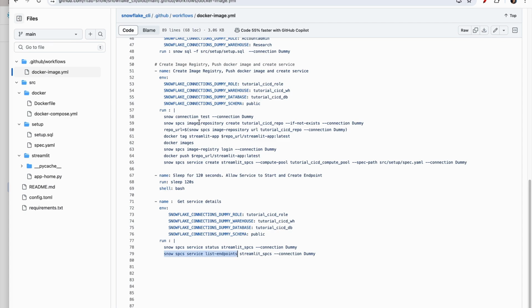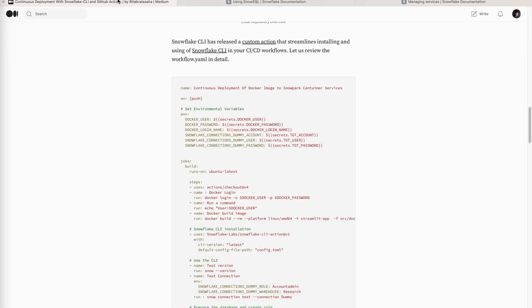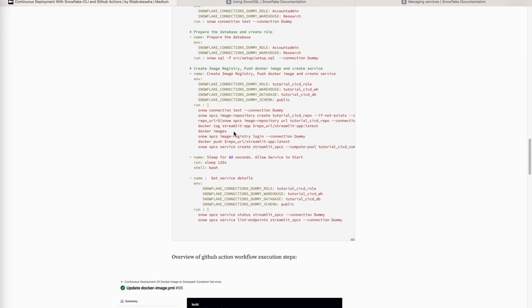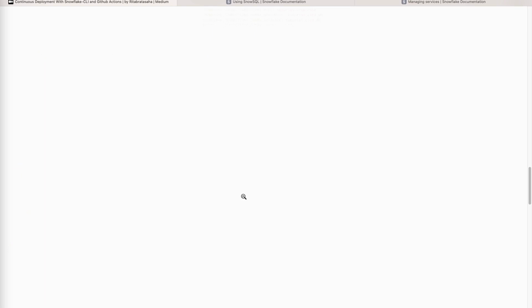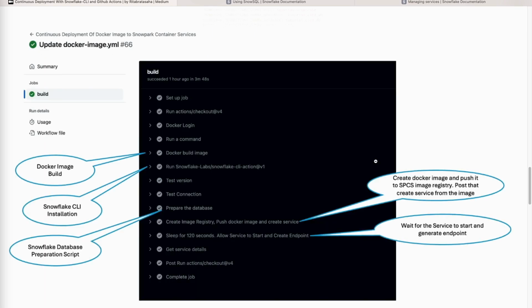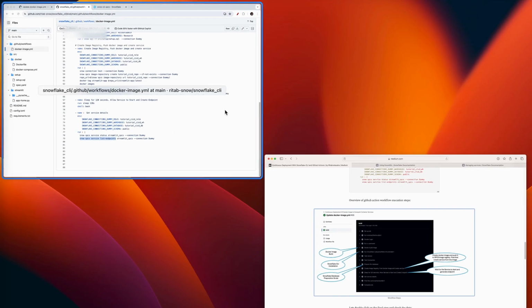This entire script has been shared on the Medium article. We can look at this screenshot for a while, but let's do something. Let's not waste time looking at this screenshot, because if you are watching this video, I think it makes sense to see the entire process live in action rather than looking at this screenshot. Let's go back,